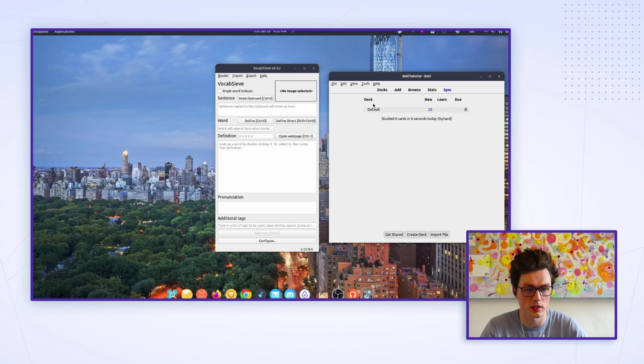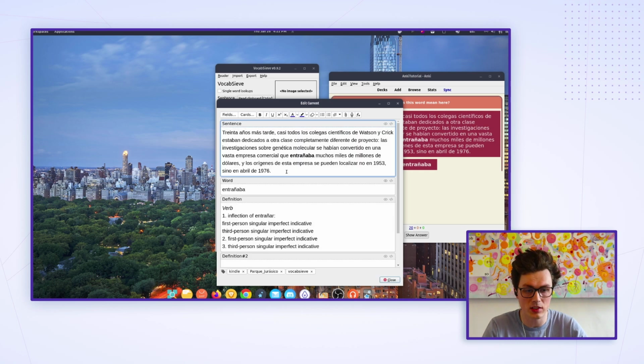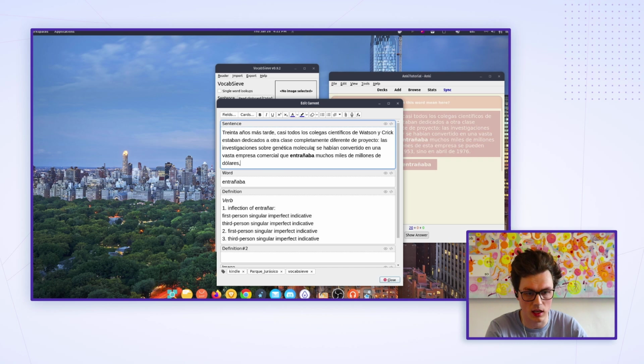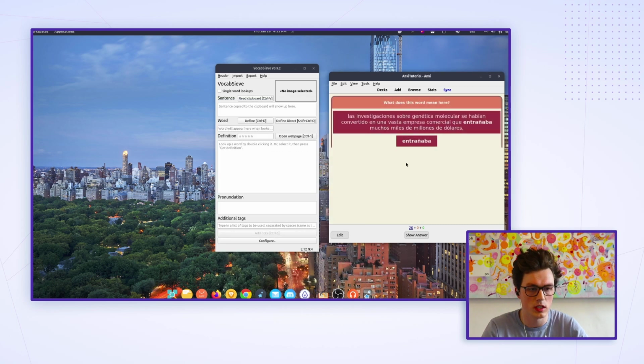So I'm going to close this. I'm going to open up the cards. Let's study now. So good first example. This is way too long. We don't need this. So what I'm going to do is hit E, and I can actually just edit where I want it to stop. So I can have it end here, and let's say right here. This is about the beginning of the sentence, or the clause rather. Close, and we have a much more manageable sentence.